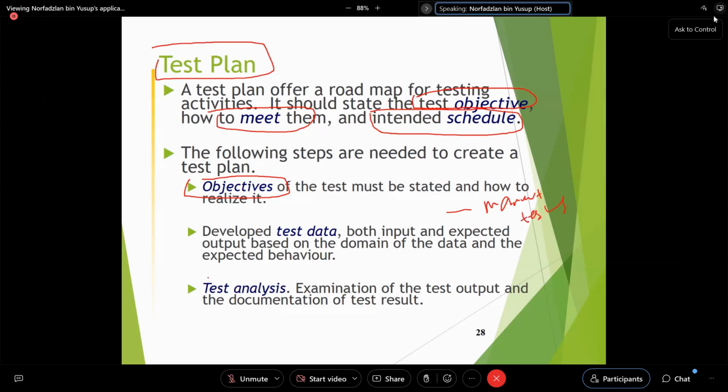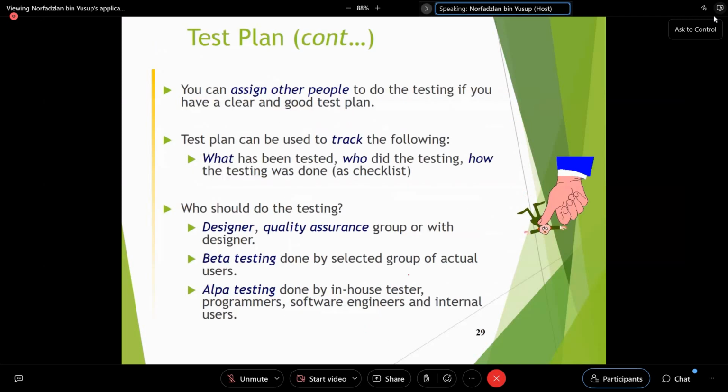And then we do what we call the test analysis. Then we look at the outputs, and then we document the test results. Okay, so you can assign other people to do the testing if you have a clear and good test